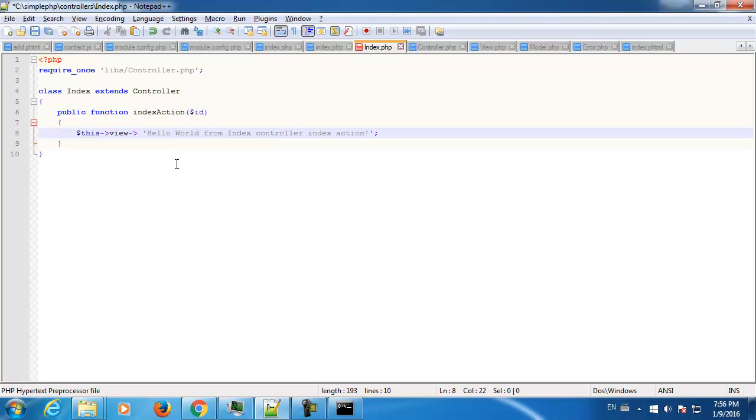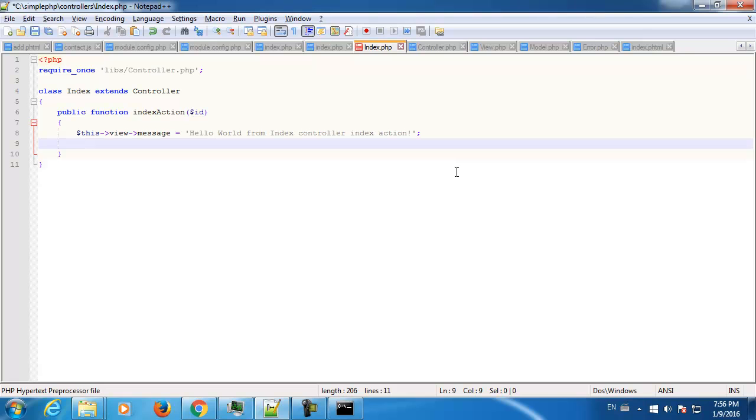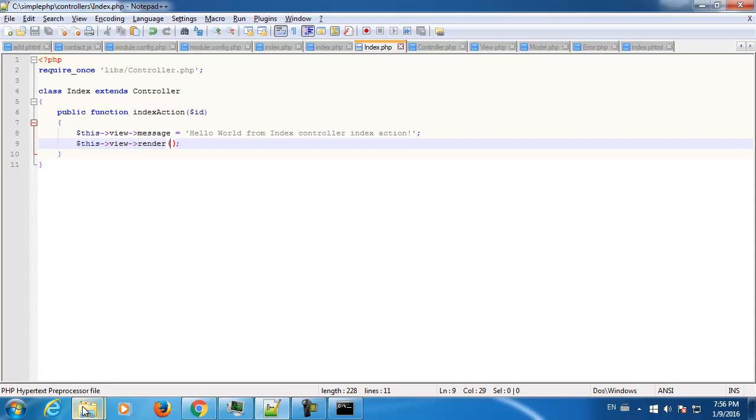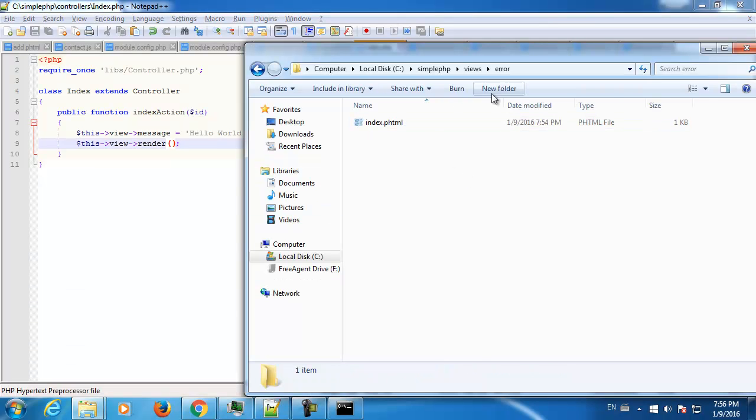For example, in other technologies, I will say message equals hello world blah blah. Now all I have to do is just render the proper view, render the proper view script. Since I still don't have view scripts created here, the folder with the view scripts for this controller, I'm gonna go back and create